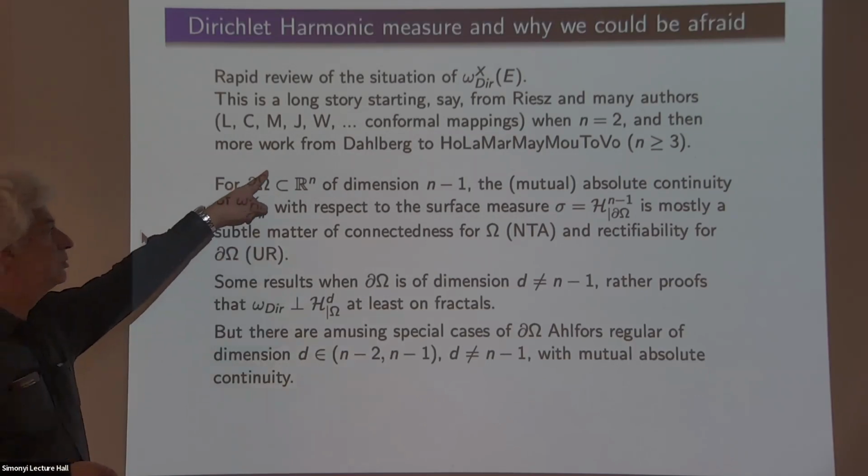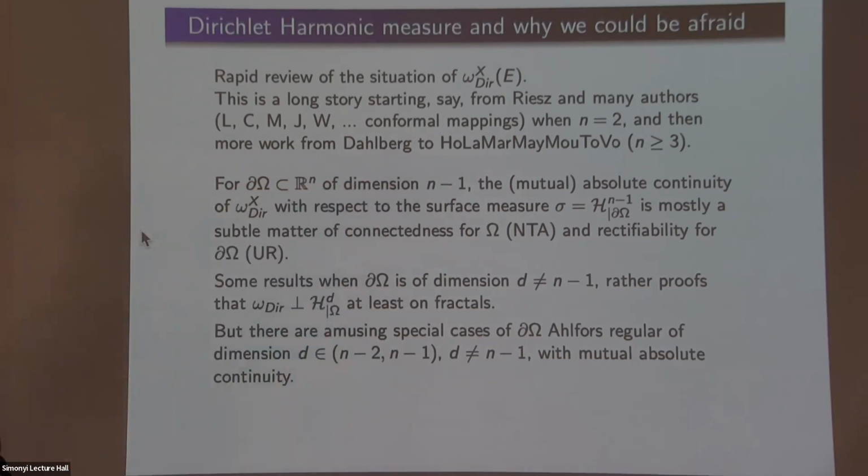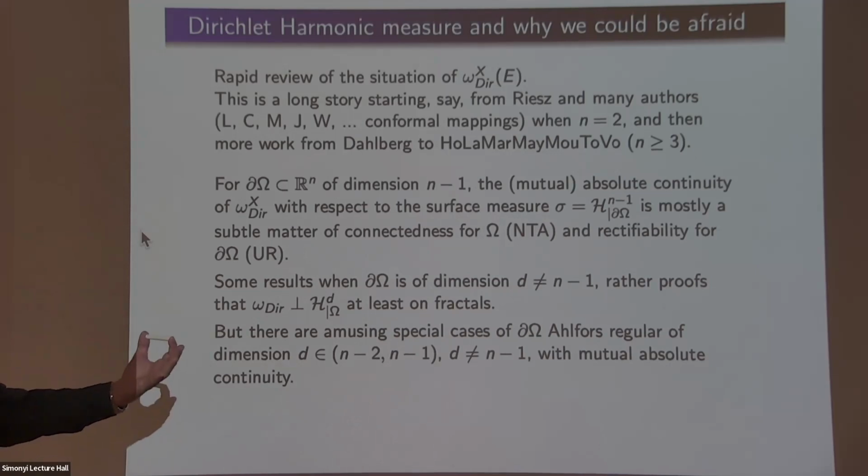And then I like to say that for higher dimensions, things start with Dahlberg because he's the first one that I know that had a significant absolute continuity result for, in this case, Lipschitz graphs in many dimensions. Anyway, so the question in this case, so let's think that the boundary is of codimension 1. It is reasonably smooth, but you don't know how much. And you want to know whether harmonic measure is absolutely continuous with respect to the surface measure or the natural measure there.